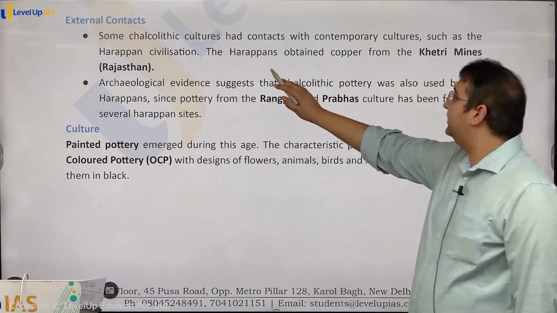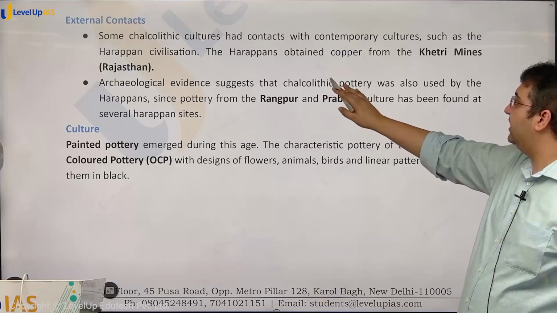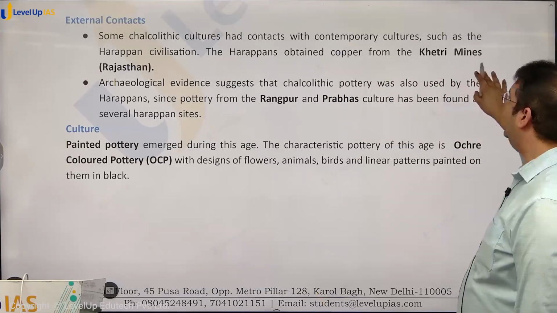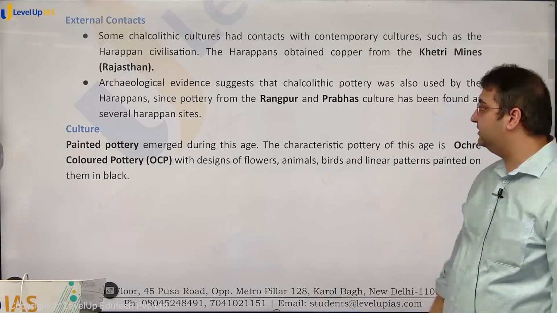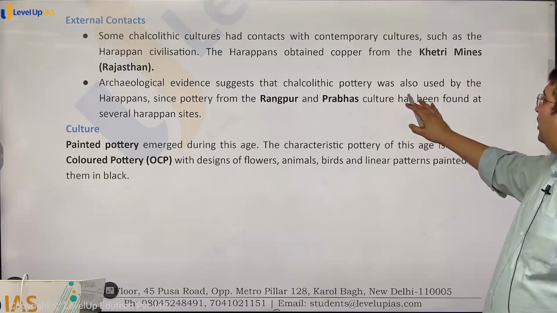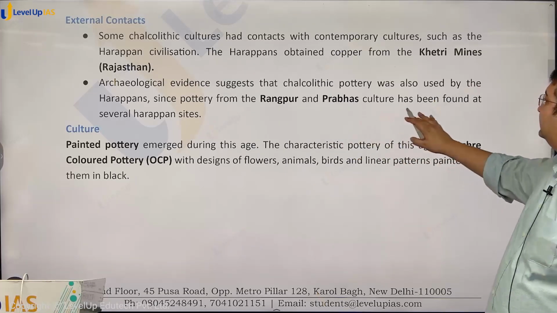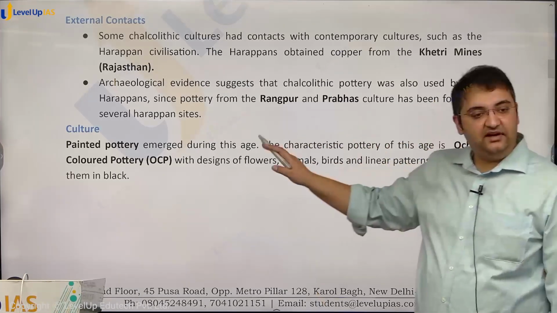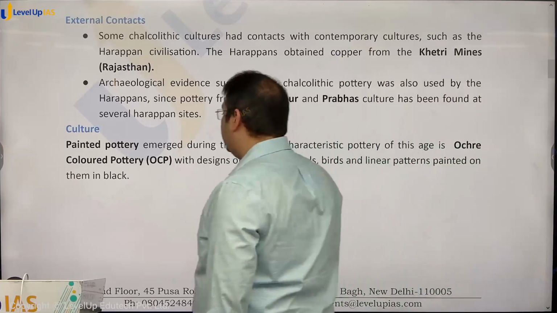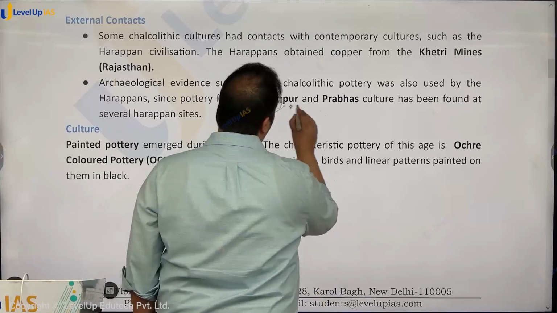So some Chalcolithic cultures had contact with contemporary cultures such as the Harappan Civilization. The Harappans obtained their copper from the Khetri mines in Rajasthan. Secondly, archaeological evidence also suggests that Chalcolithic pottery was used by the Harappans, since pottery from the Rangpur and Prabhas culture has been found at several Harappan sites. यहाँ की pottery को क्या बोलते हैं? It is known as the